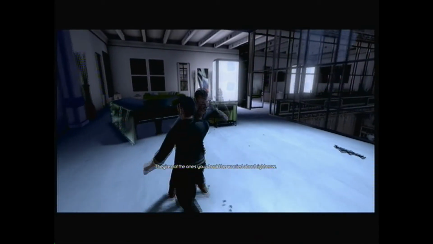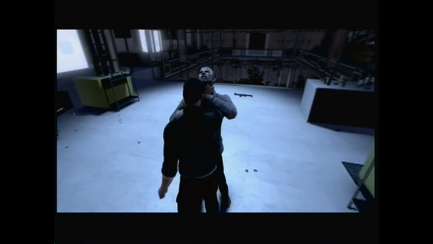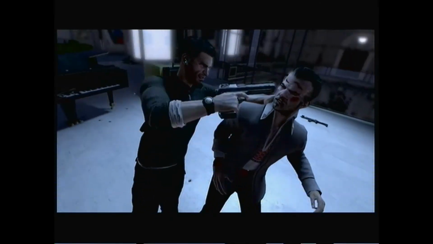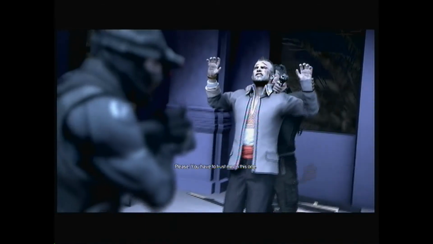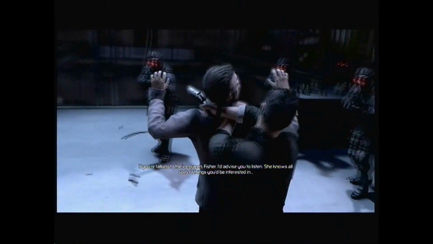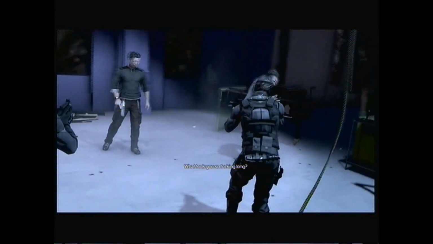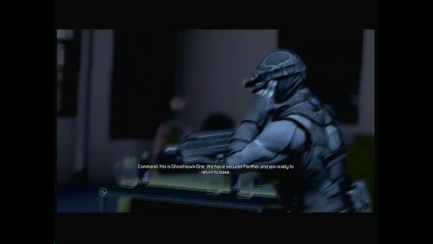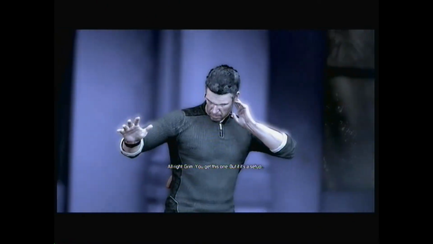They're not the ones you should be worried about right now. You don't get it, Fisher! They're bigger than you. They're bigger than me. Don't you see? They told me you were coming. Drop it, Fisher! Drop it now! You won't be hurt! Sam, you need to go with them. The hell I do. Please. You have to trust me on this one. If you're talking to the Ice Queen, Fisher, I'd advise you to listen. She knows all sorts of things you'd be interested in. What took you so long? Don't move! Hands in the air! Fisher! Nice and easy! Man, this is Ghost Hawk 1. We've secured Panther and are ready to return to base. All right, Grim. You get this one. But if it's a setup... Son of a...